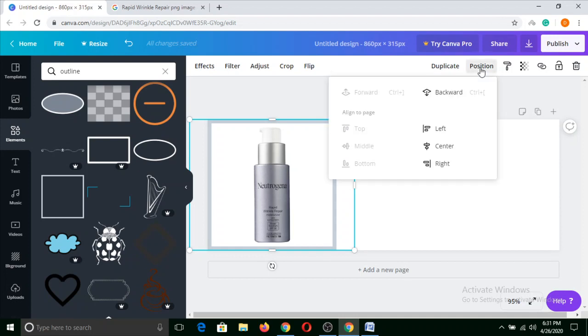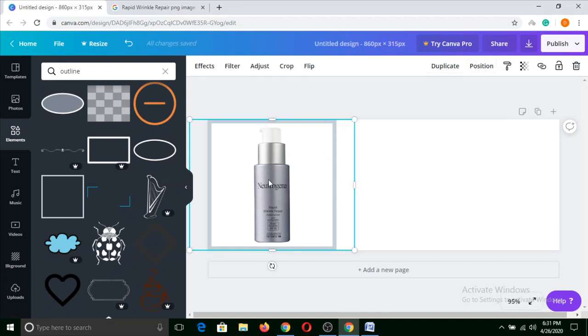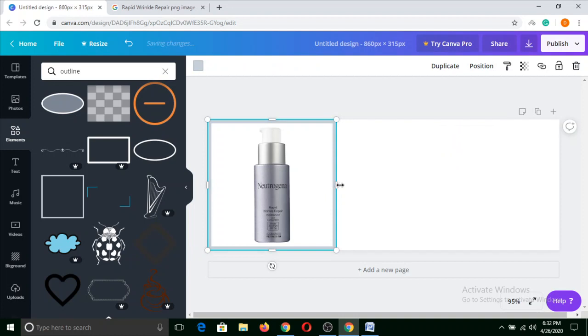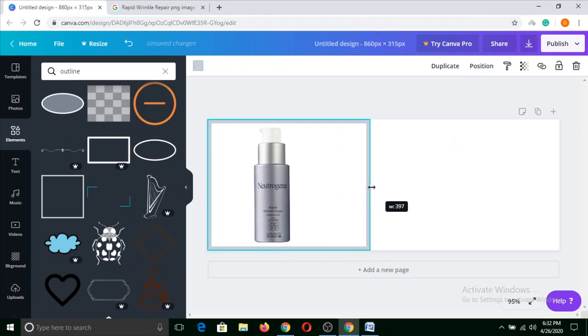Now you can again send this picture backward by clicking on position and backward. Now you can increase the size of this frame. Now we have selected our outline.